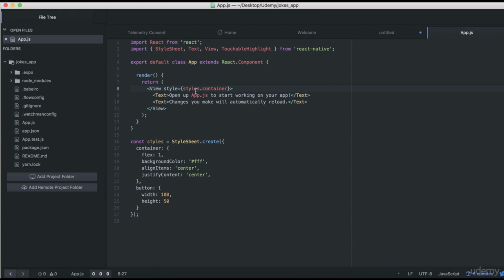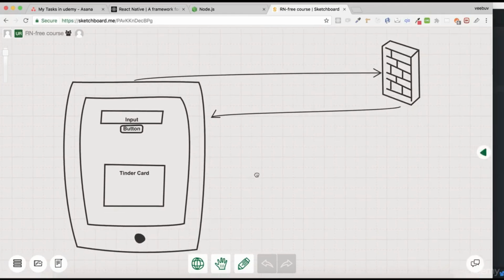Let's firstly talk about what we're even building. If we haven't already gone over it, this is basically a jokes application, as we spoke about. It's straightforward. We're going to have an input field that lets us type any number. That number fetches 10, 12, or 14, whatever number you put, number of jokes